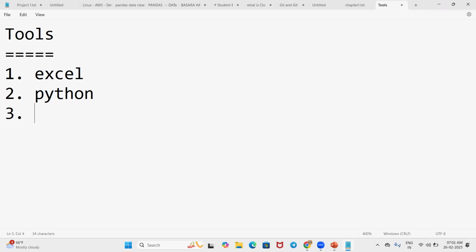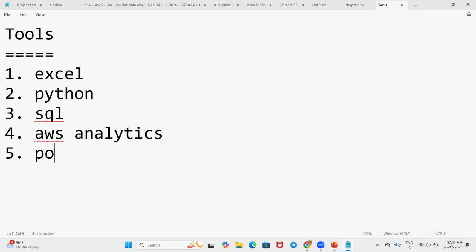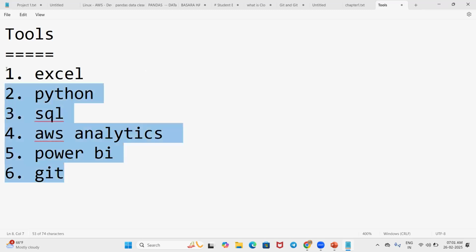The third one is SQL. The fourth one is AWS analytics. Then we are learning Power BI, along with that, Git. These are the tools we are covering in this particular curriculum.